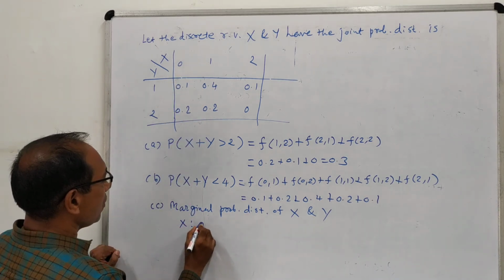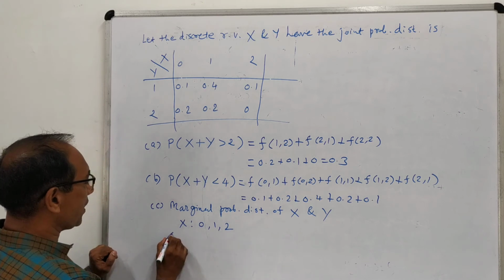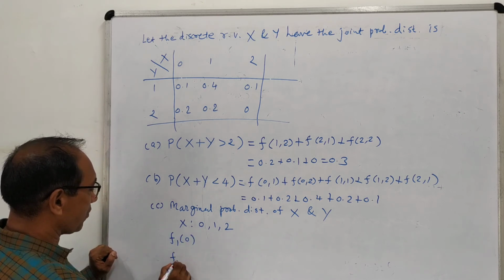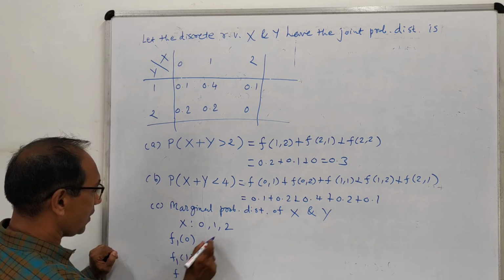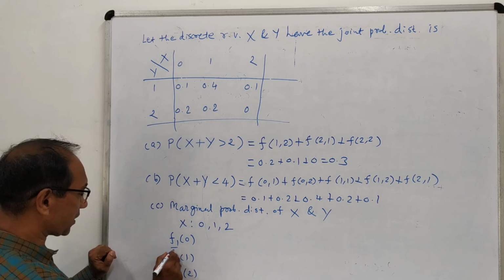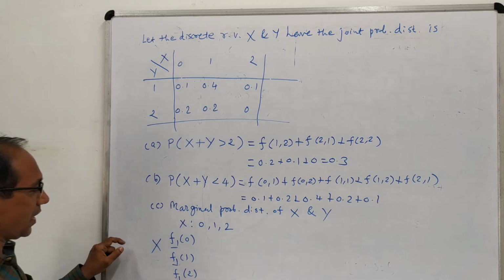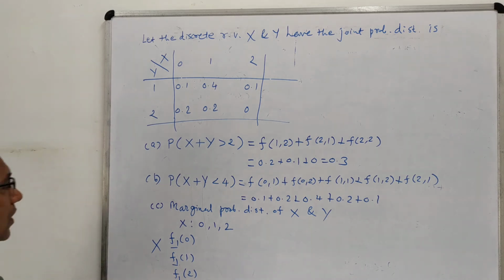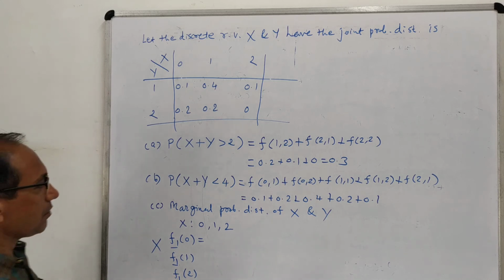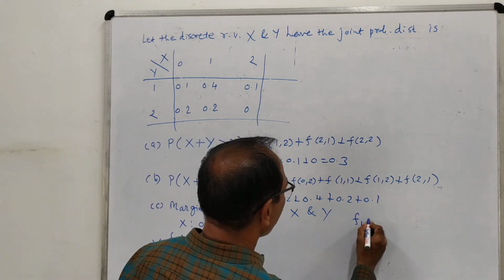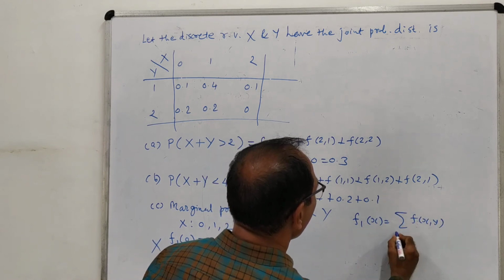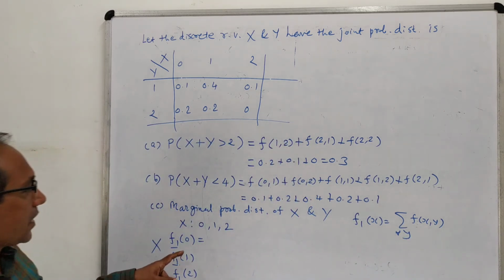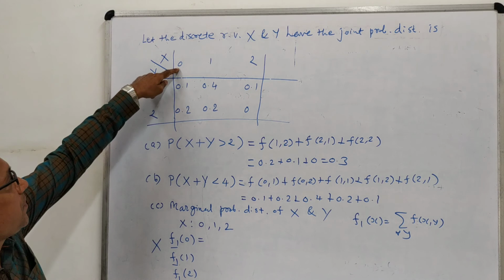Okay. So here, first of all, the values of X are 0, 1 and 2. So we can find f1 of 0, f1 of 1 and f1 of 2. So f1 is fixed for capital X. We want to find out these things. So how can we find out f1 of 0? We have seen that first of all we should write down the formula. f1 of x we have written as sigma f of x, y for all y. That means x is fixed here. That means the value x equal to 0 is fixed.